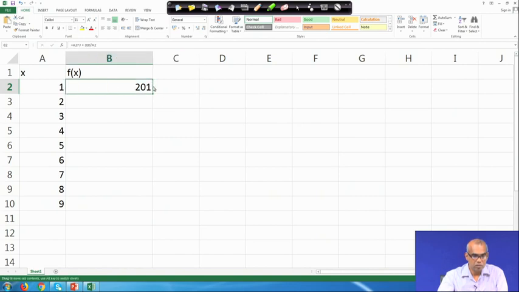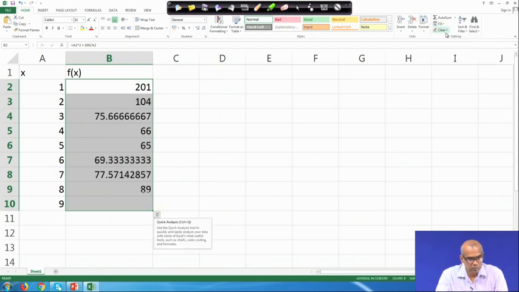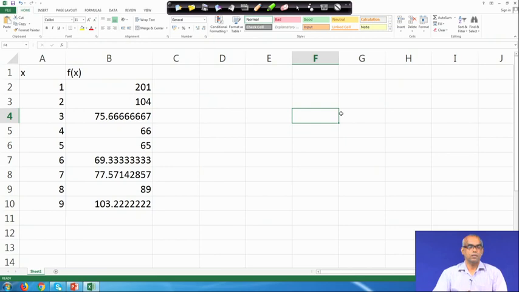So, you just compute f x, which is x square plus 200 by x, for all values of x. Now, you can plot this.